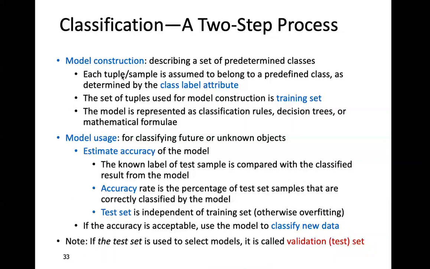Okay, and then once we have a trained model, we need to see how good that model is. To do that, we have to estimate the accuracy of the model when some other unknown test samples are given, and see what kind of classification it produces. If we get this kind of information, we will be able to know the accuracy of that model.